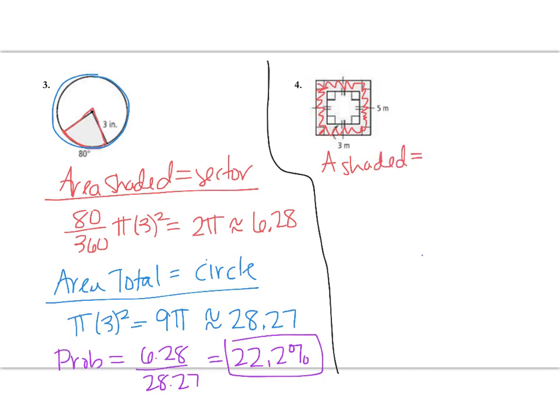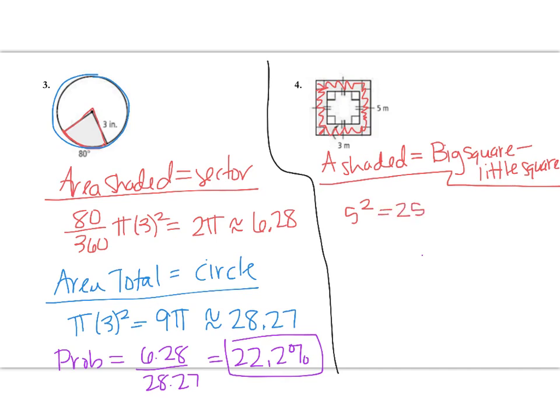To find the shaded part, I have to look at 2 separate shapes. There's a big square and a little square. So to find the shaded part, I'm going to have to do the big square minus the little square. Since the little square is not shaded, I want to take it away. But I have to do all that math first just to find the shaded area here. So the area of the big square would be 5 squared, which is 25. The area of the small square is going to be 3 squared, which is 9. So then that's 25 minus 9 gives me that the shaded part has an area of